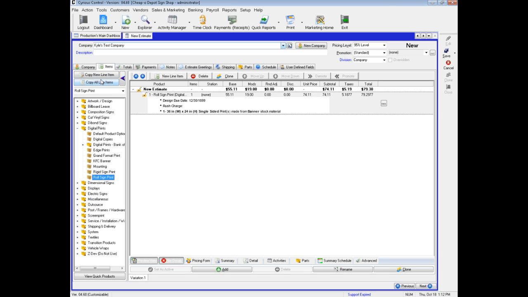So let's say there's a particular line item on another estimate that you wanted to bring over, but you didn't want to clone the entire estimate. What you can do is click on the Copy New Line Item,